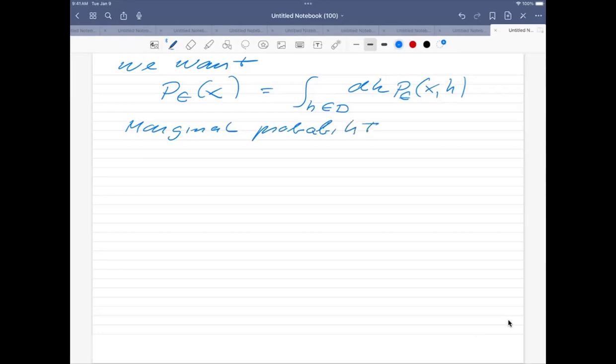In general, this probability is then written by the chain rule of probabilities as the probability of x given h, multiplied with the probability of h depending on this parameter. So this is, as you can see here,